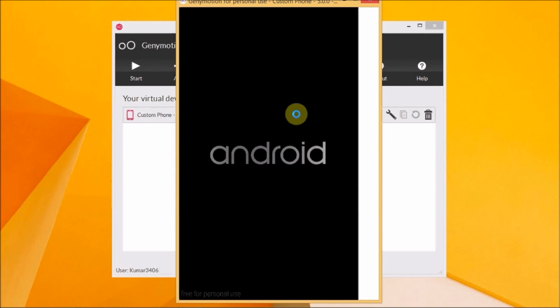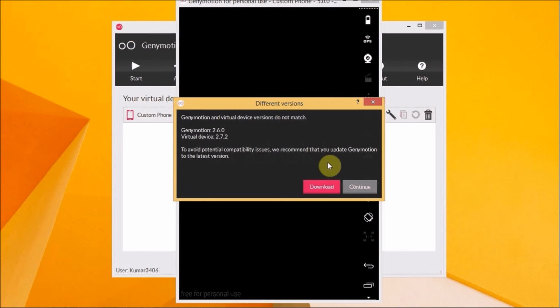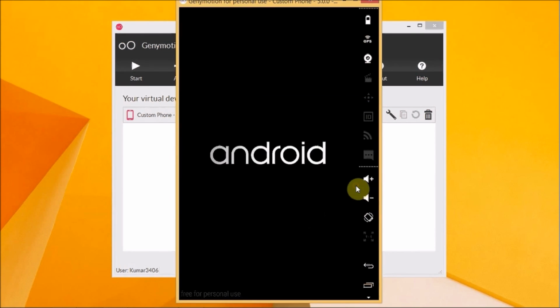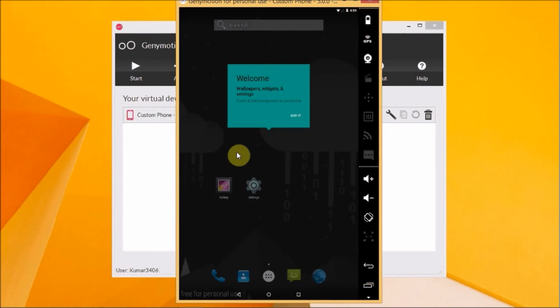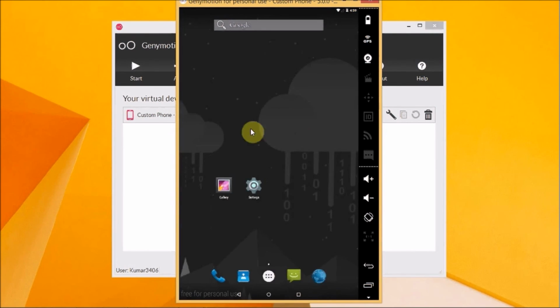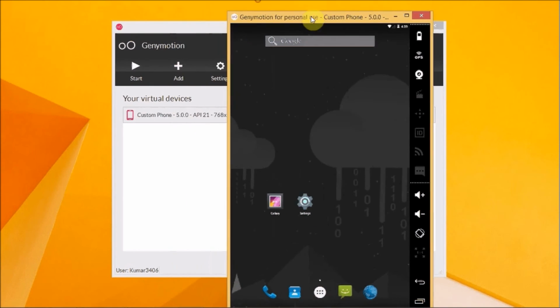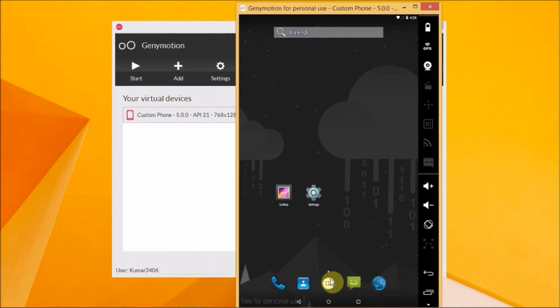Yeah, this is my emulator, the Android Genymotion emulator. I have got it here. This is the Android Studio emulator for personal use. It's like an Android mobile.